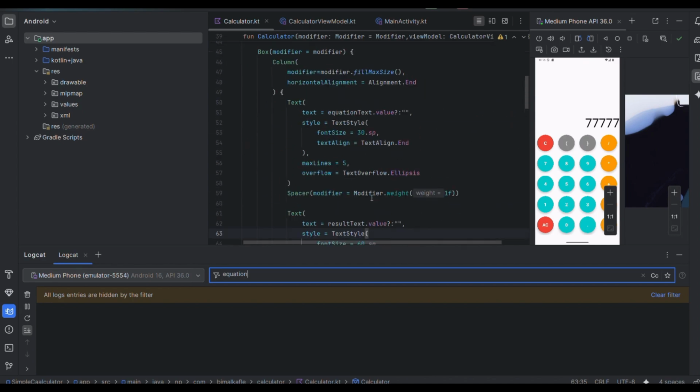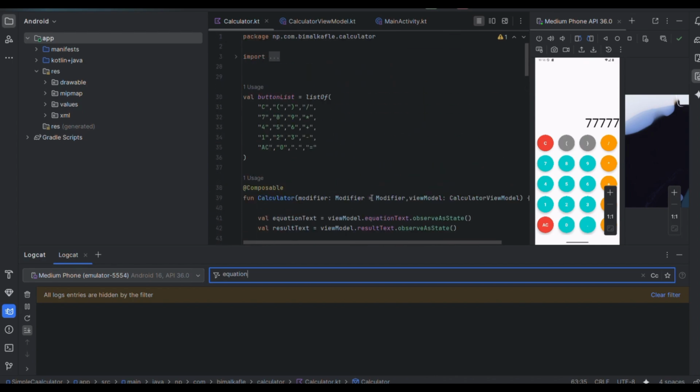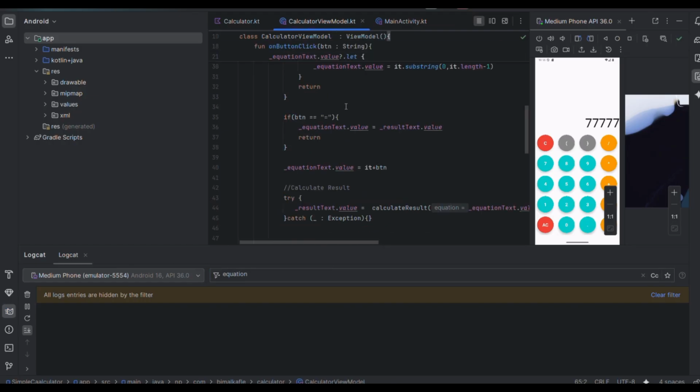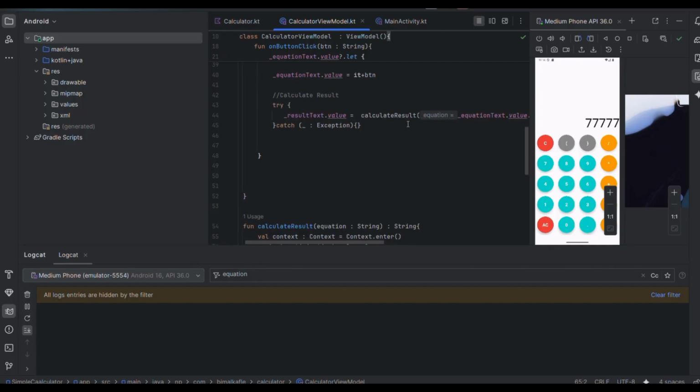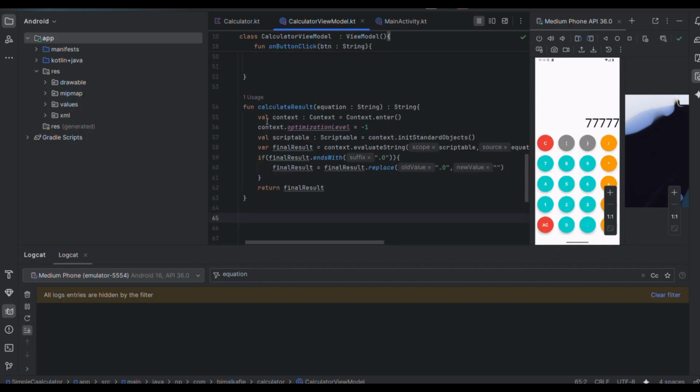And this is it for over here in the calculator.kt, but we will work on the calculator view model in the view models. What we have to do now is call the result over here and try. We just have to try and catch again, right? So for that, try, text result text dot value equals to